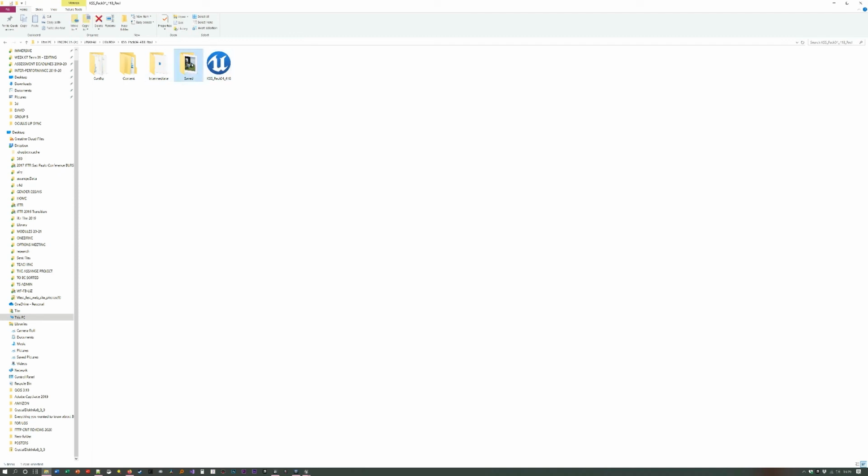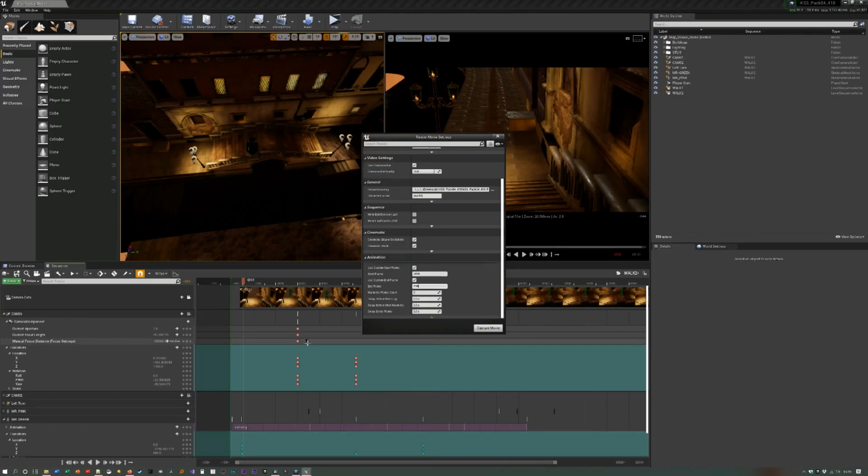There's a folder called saved, and then within that there will be a folder called video captures. Within that you'll find the finished movie. You can then bring that into Premiere, After Effects, Resolve, or whatever it is that you prefer, and then work on it further. So I'm not going to press that capture, but this is where I'm going to conclude this